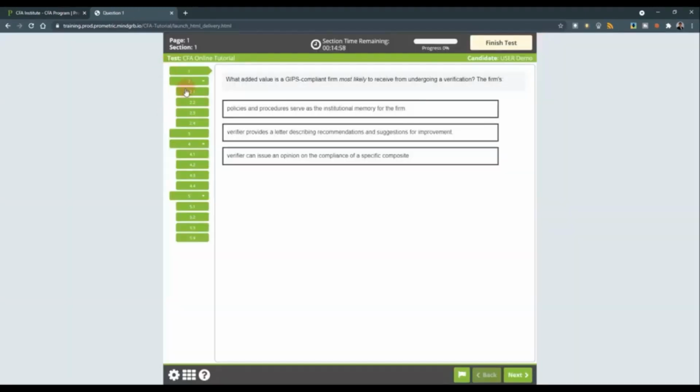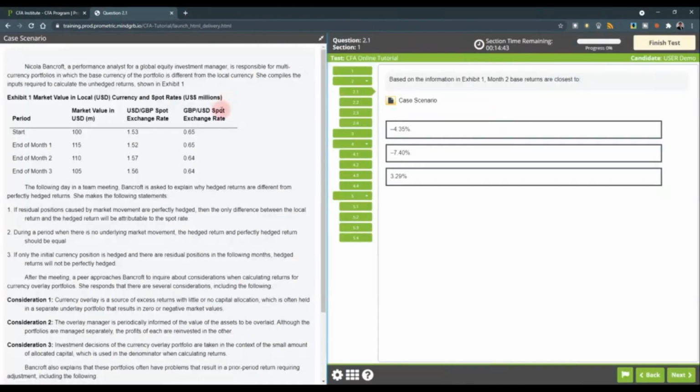So now on the website, on this site, you can actually see question 2, 4, and 5, there's an arrow for a drop-down box, something like a drop-down, where if you click it, then you will see the sub-questions like 2.1, 2.2, 2.3, and 2.4. So if I click on 2.1, okay, the screen will be split into two parts. Okay, on the left-hand side, we have the case scenario, and on the right-hand side, you have the question. Okay, in terms of highlighting, it seems that you cannot highlight the case scenario, but you can still highlight the question. Okay, but I would have preferred to be able to highlight the case scenario.